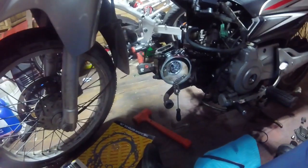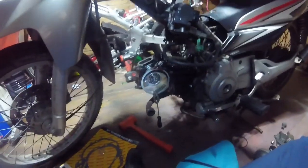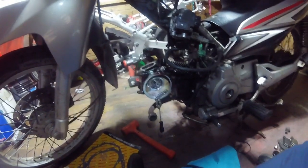So I've got my head torch, which is useless. So yeah, I'll carry on then. There's a bloody fly buzzing around. Anyway,